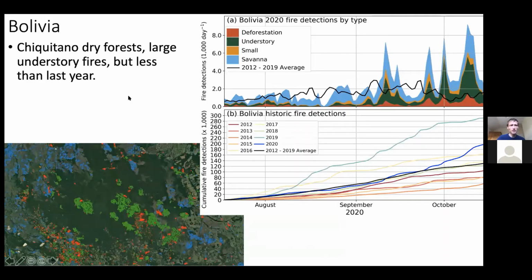So now moving on to Bolivia. Also extensive, particularly understory fires in Bolivia this year, but nowhere close as much fire activity as in 2019. And I will show in the next slide why that is. We can also see that in Bolivia, the understory fires really contributed quite a bit, burning a considerable part of the Chiquitano dry forest in southern Bolivia. So again, this is an ecosystem where it is not entirely unnatural for fires to occur, but the fraction of those forests that got lost in a single year